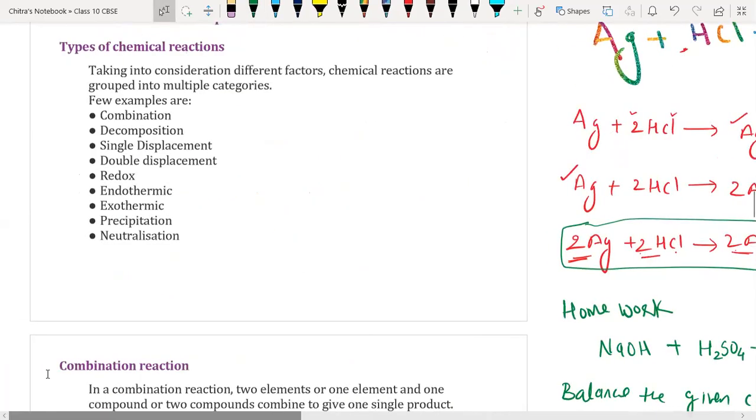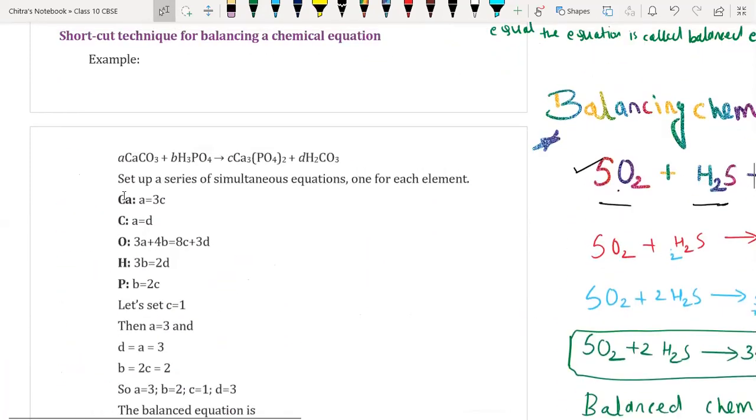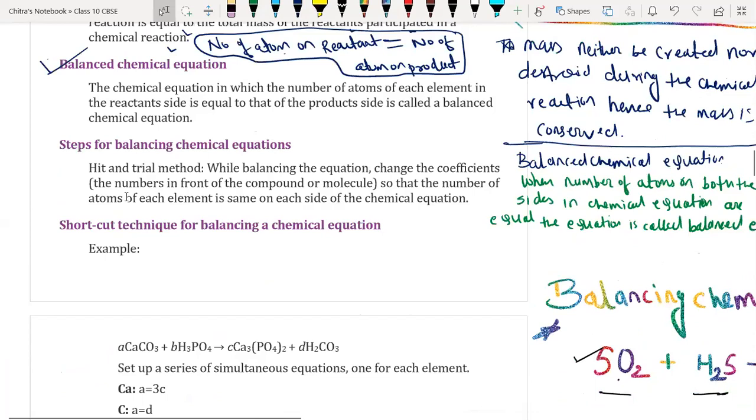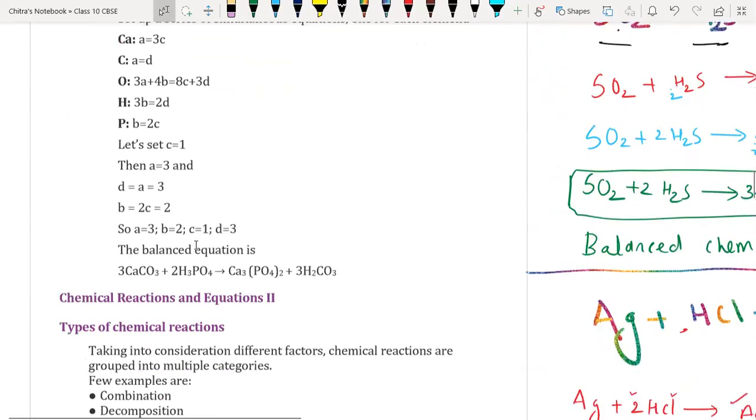So again, we are going to the note section. See, there are many short techniques, because in examination you will have to write only the balanced chemical equation. You do not have to write all the procedure, how you are going to balance by multiplying, one step, two step. No, you have to write only the balanced chemical equation. That's why a shortcut technique is also given over here. Whatever is written in the notebook, don't go through it. Whatever we have balanced, practically just go through that particular table only, tabular form. You will balance the reaction definitely.